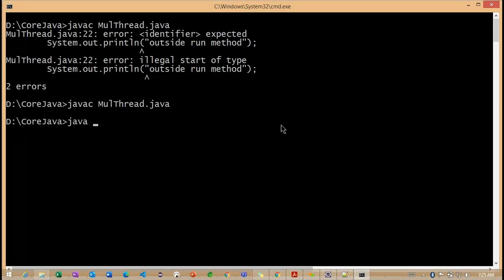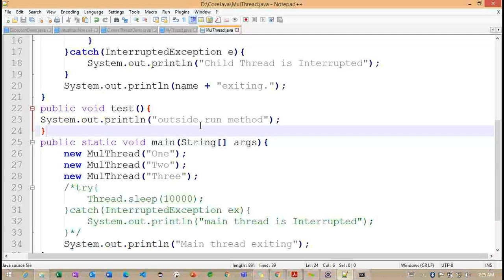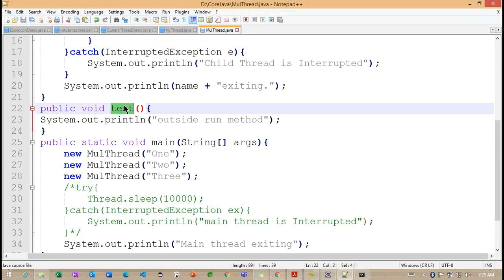Now observe, it's compiled successfully. Now I want to execute it here. But what you understand here is, we did not call this particular test method. Getting the point. So we did not call this particular test method.